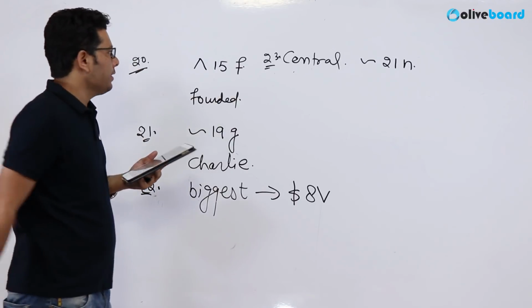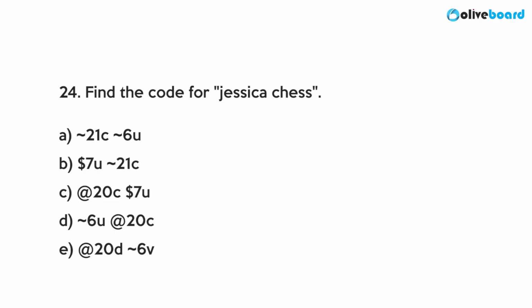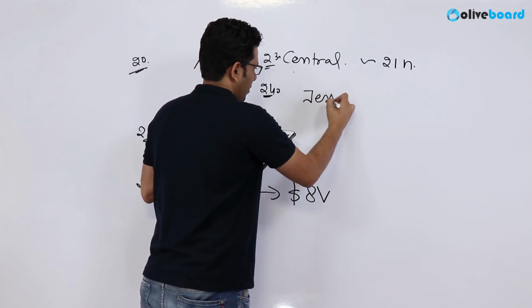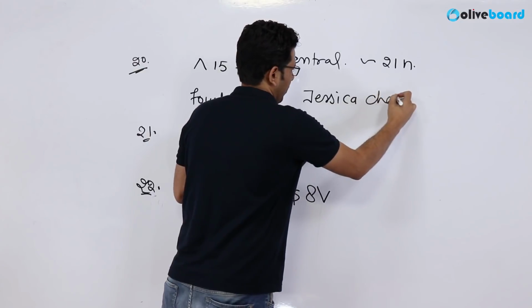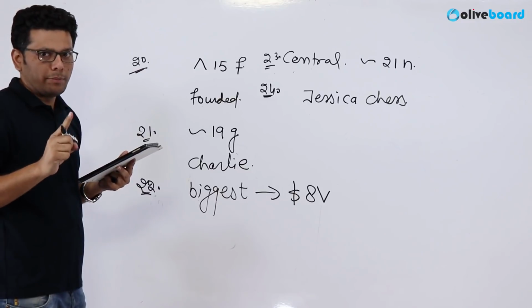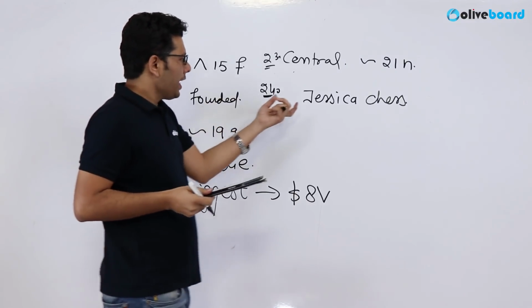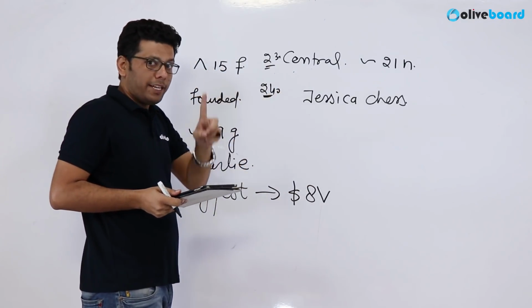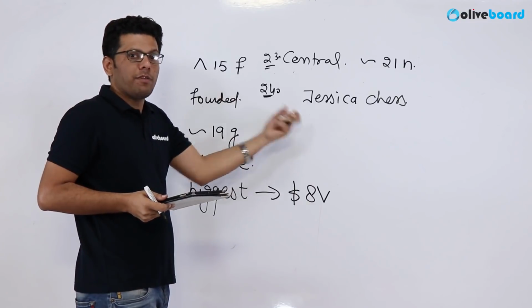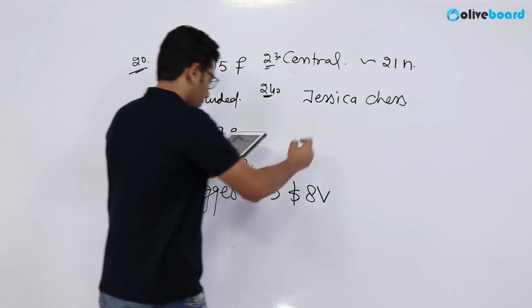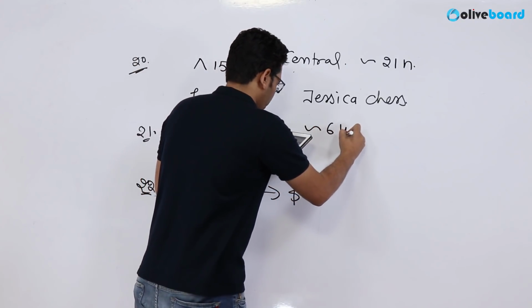And next question is, what is the code for the Jessica chess? Again, need to follow the same things. Sometimes it happens that they give different combinations, but that will be there in the traditional kind of questions where we can have possible guesses. But in this kind of thing we will always have a definite answer. Okay, so for this one your answer will be epsilon 6u